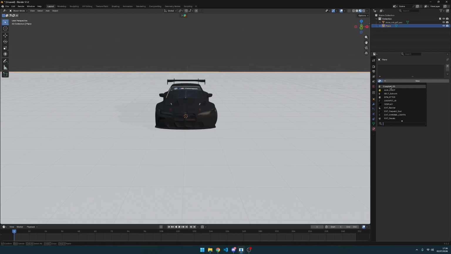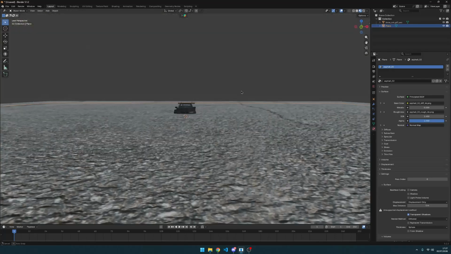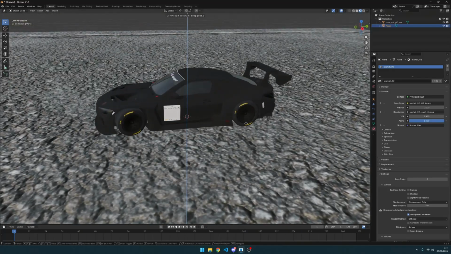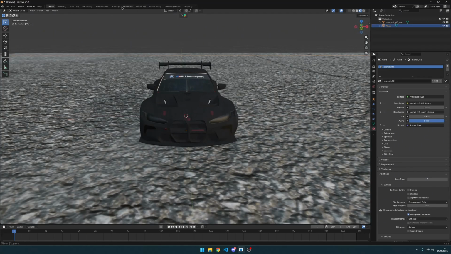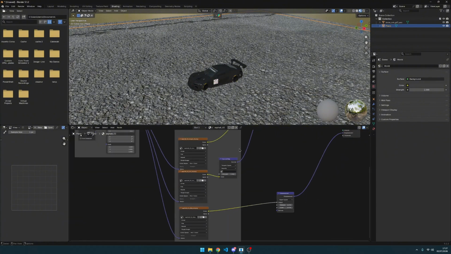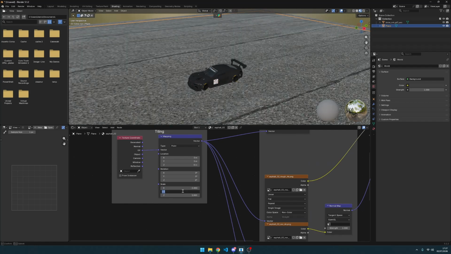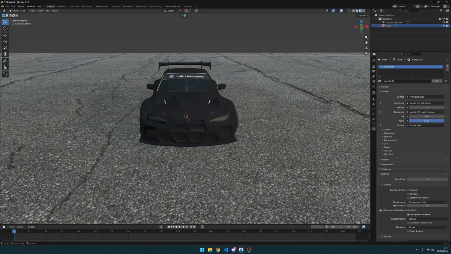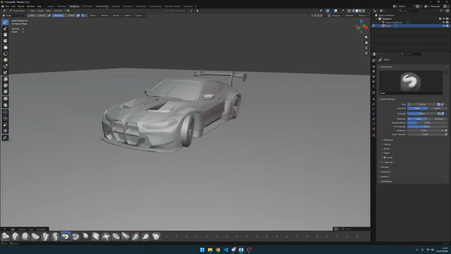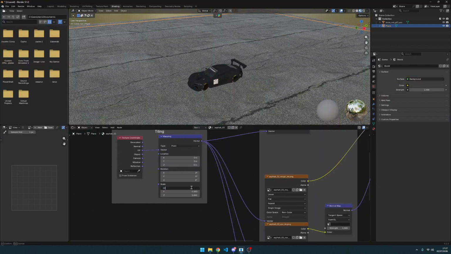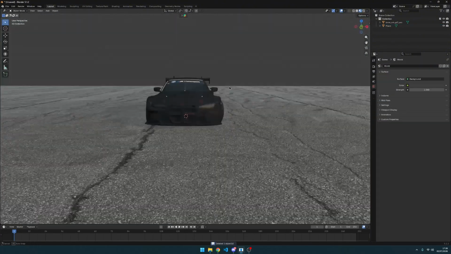Now you want to append an asphalt texture to it. It's gonna look like this and it's gonna look super trash, but hold on, just move it down. Now what you want is you want to go to the shading tab, go up to the mapping and now play with the scale. I'm gonna do, let's say, -5. Now let's just see that. That still looks quite big, so I mean just -10 maybe. Okay, anyways, so